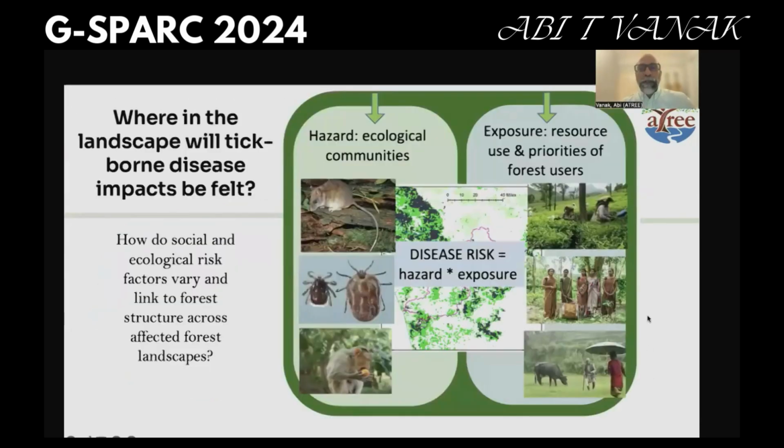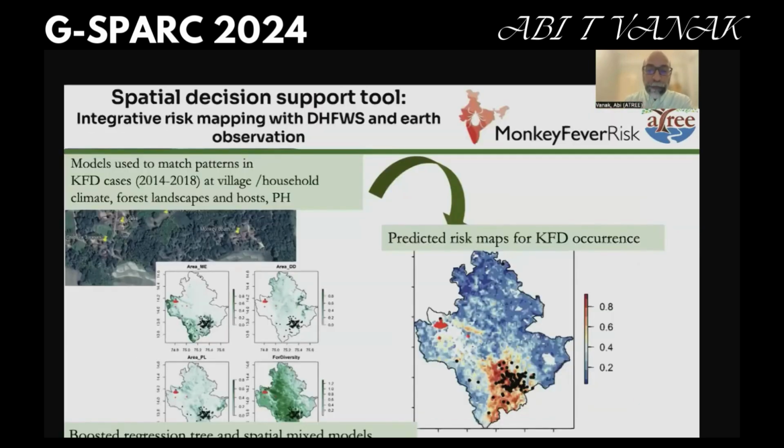and the ecosystem. For example here, we map the hazards. The hazards are the ecological community: the rodents, the ticks, the monkeys and other wildlife. And we looked at the exposure. The exposure is the resource use and priorities of the forest. Only by combining these can you get a disease risk. So we asked how these social and ecological risk factors vary and how they are linked to forest structure across the forested landscape. Once we took all of these parameters, we input them into some models,